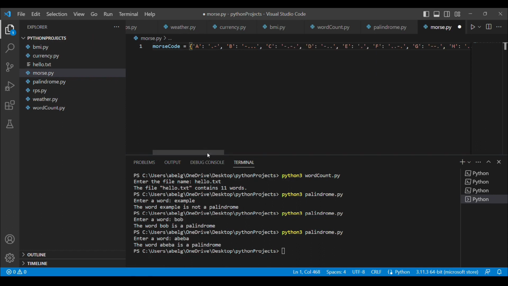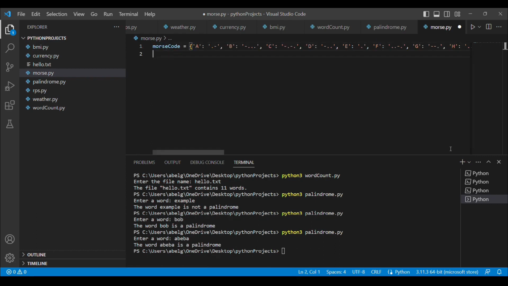Our dictionary contains keys from A to Z, and then it continues with 0 all the way till 9. So that is going to be our key that we are going to be using to convert the user's message into Morse code.